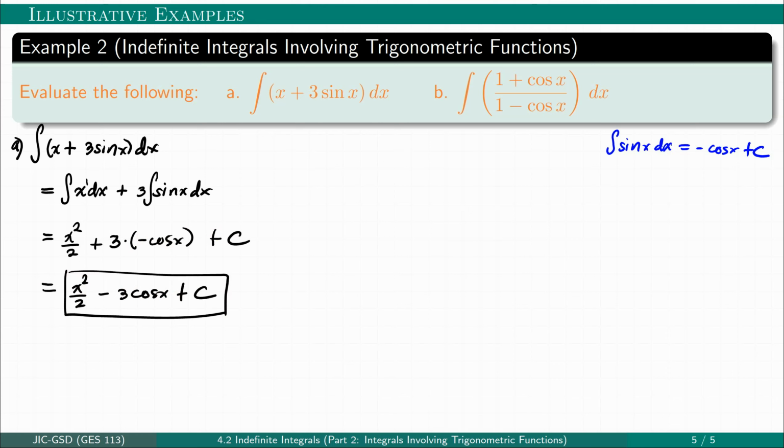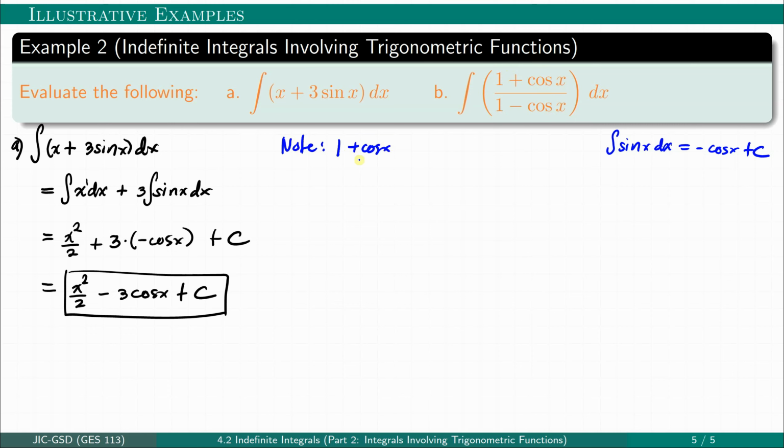For letter B, the integral of 1 plus cosine x over 1 minus cosine x dx cannot be integrated right away. So what we do is to first rewrite the integrand using an identity, where the identity will actually be integrable using our integration rules. So note,